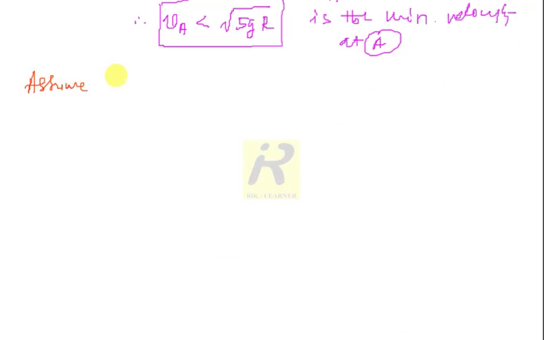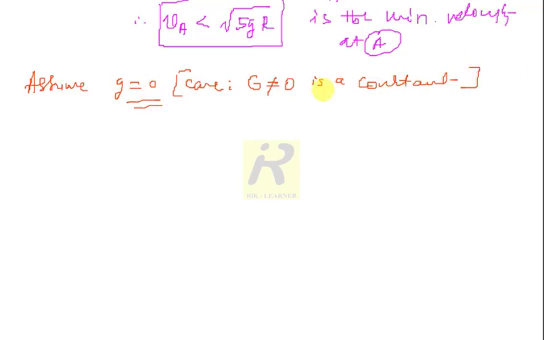Assume small letter g is equal to 0. So care should be taken that capital G is not 0. It's a constant, the universal gravitational constant, so this is not 0. We are simply taking small letter g as 0. If this is the situation, what happens in